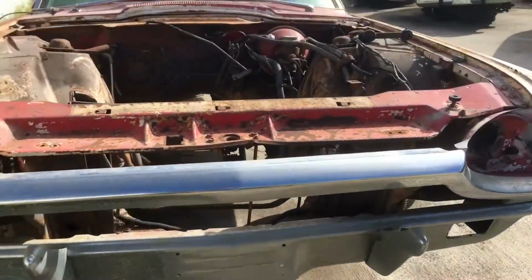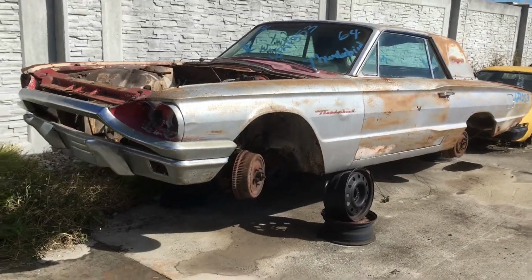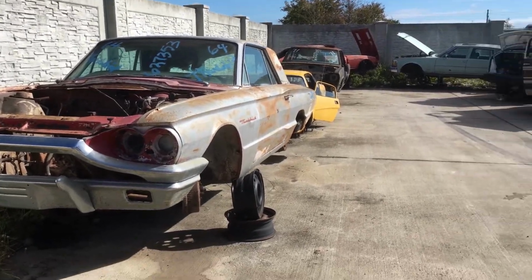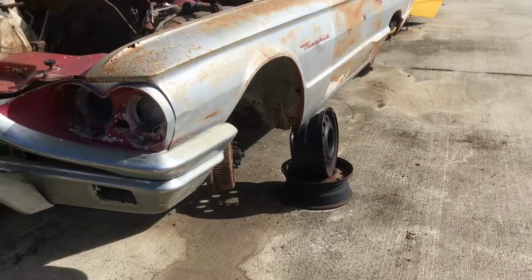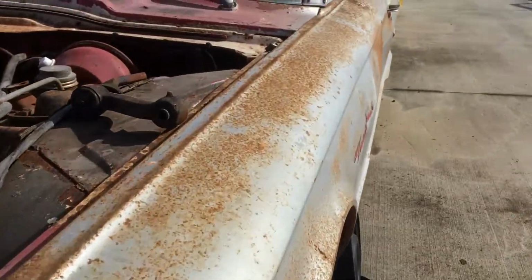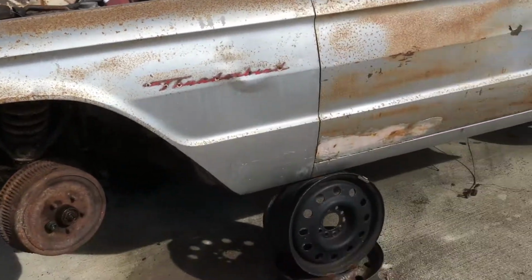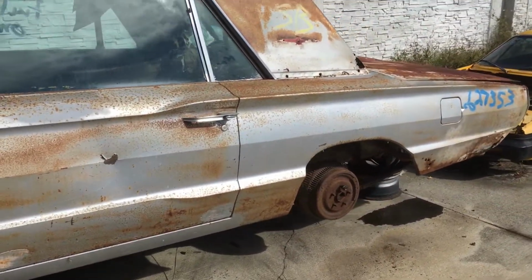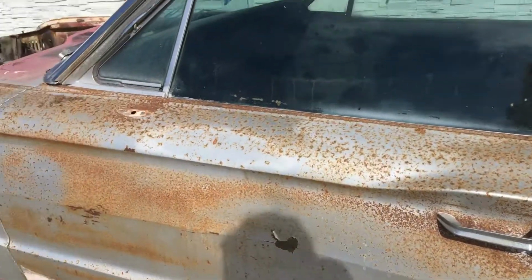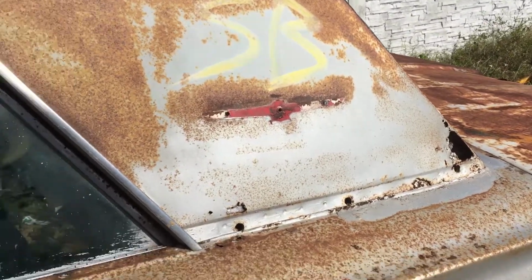And then here we have a 64 T-Bird. And this has a lot of parts. I mean, the front bumpers, some of the front sheet metal, light sockets, that kind of stuff is here. It is missing its power plant and drivetrain, but it's got a lot of original parts. If you wanted to make something original, it's got some sheet metal on it, if you're in need of sheet metal. I mean, obviously you could probably buy aftermarket patch panels, but if you wanted something that was from 64,